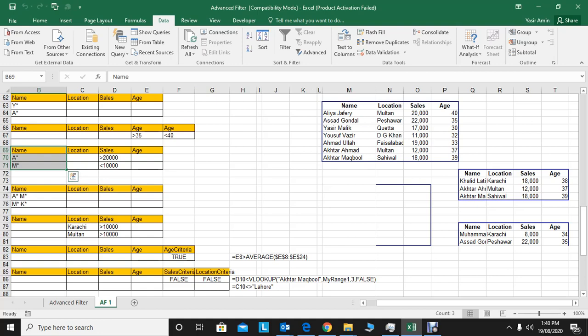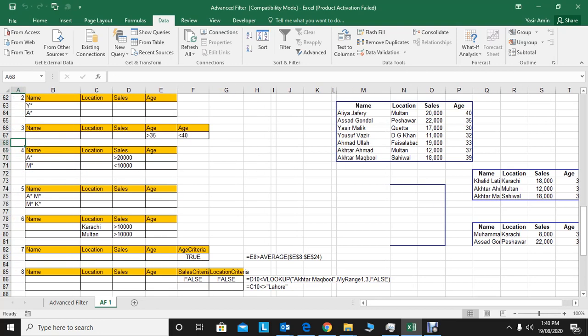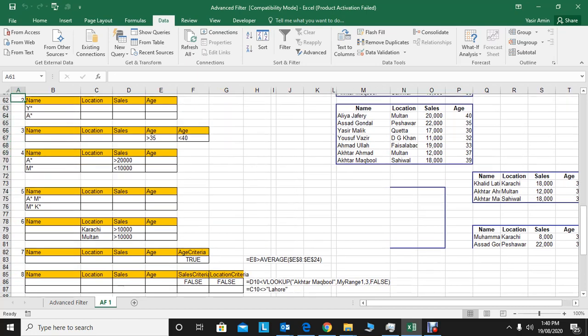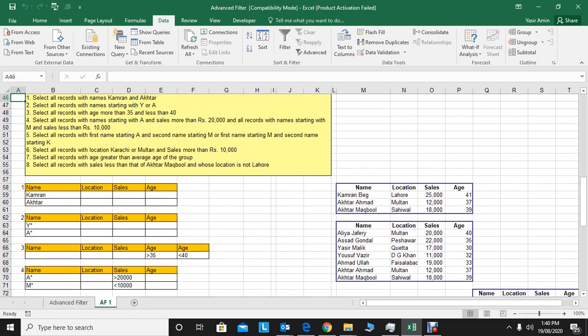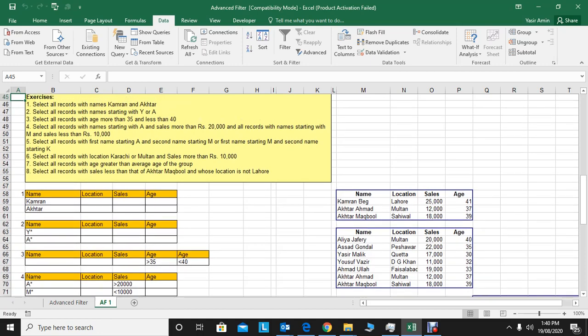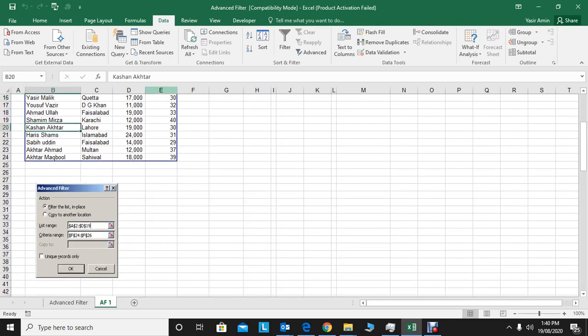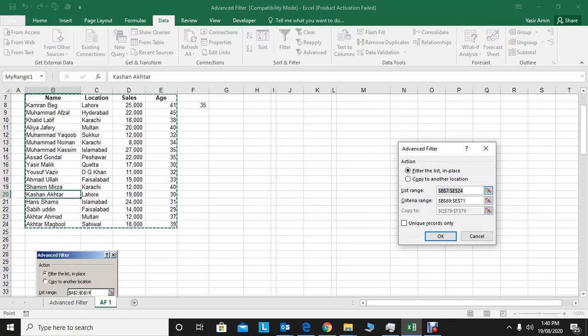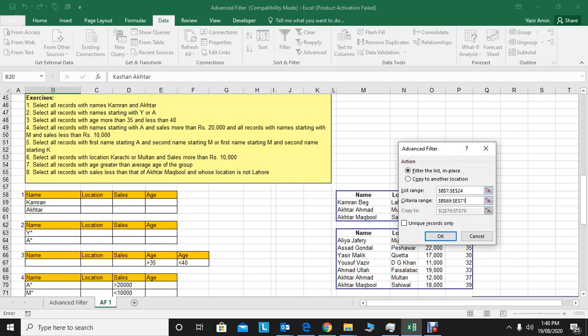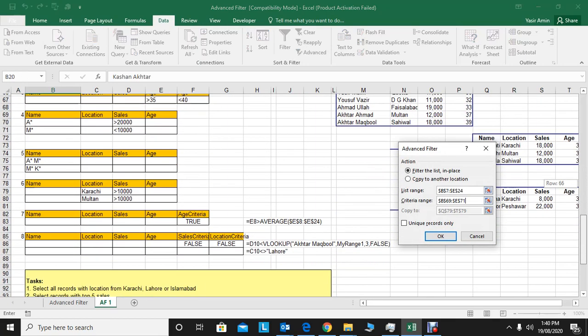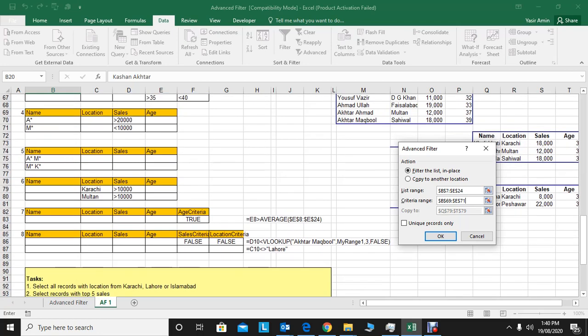Now there is another criteria. I want those whose first name starts from A, okay, and second name starts from M. Let's do that as well. Select this one, advanced, come to the criteria. Yeah, this is the criteria only.